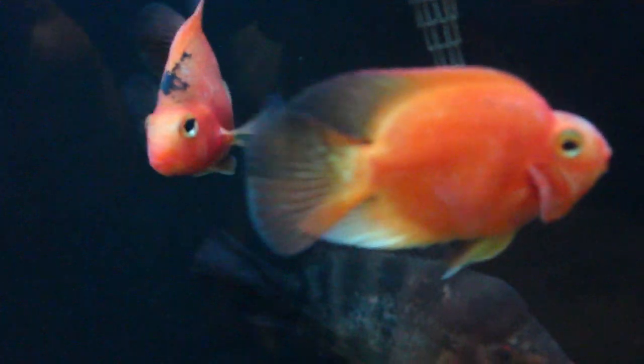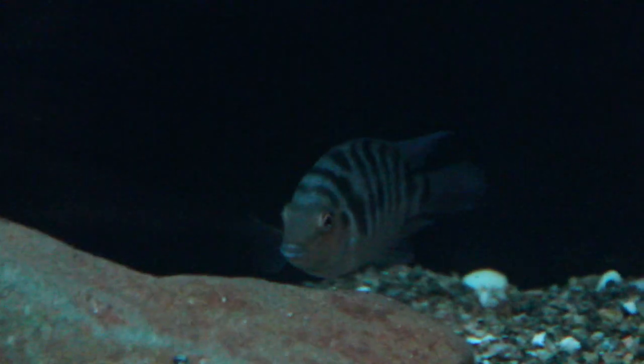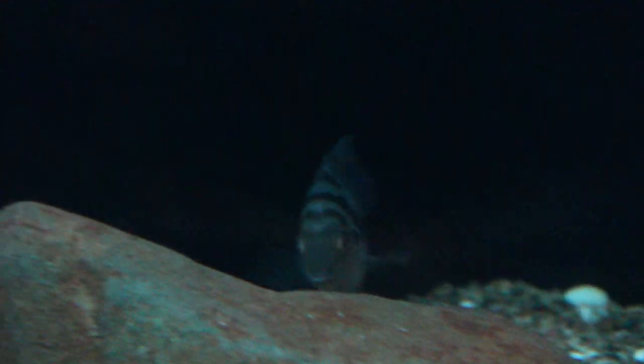So choose your tank mates properly. I wouldn't suggest fish like the Red Devil or other big bulky American cichlids unless these are at full size. Then they should be able to handle it better. But while they're small, I recommend small cichlids to go with them, like convict cichlids, and maybe even not cichlids, maybe tiger barbs or danios. Just something that really won't take advantage of their